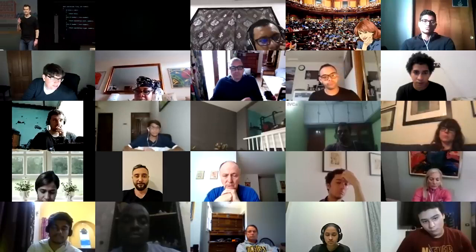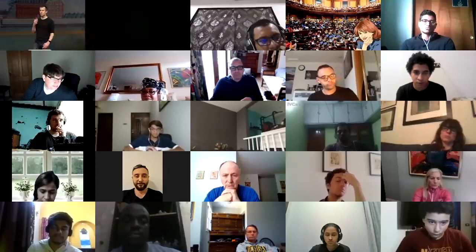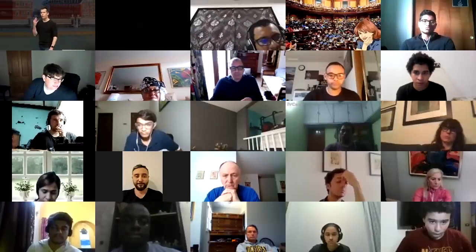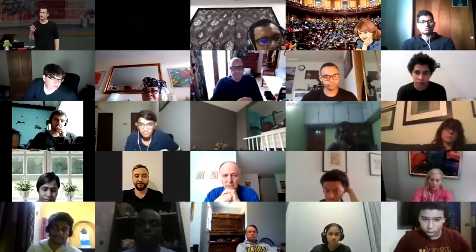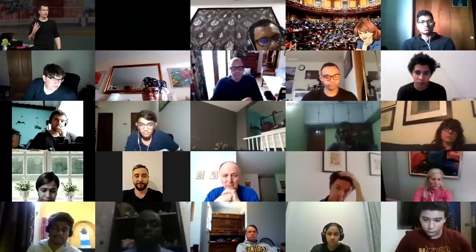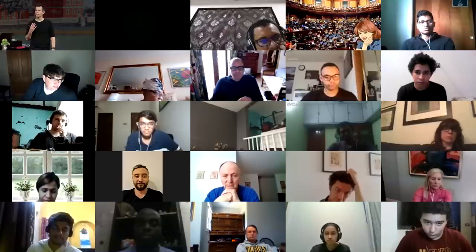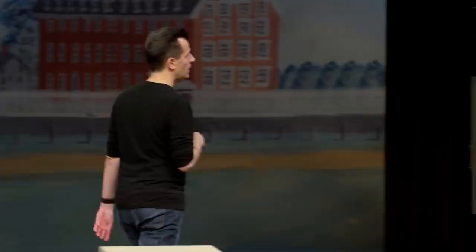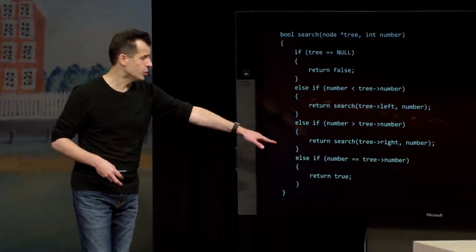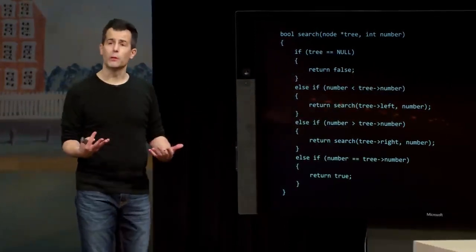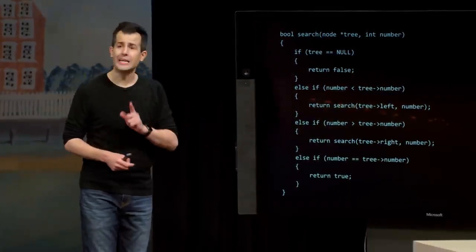There's one final case. Let me toss this out to the group. There's a fourth case. Verbally or textually, what else should I be checking for and doing here? I've left room for one final case. A few people are suggesting if the tree itself is the number. If the tree itself contains the number, yeah. So if the number in the tree equals the number I'm looking for, go ahead and only in this case